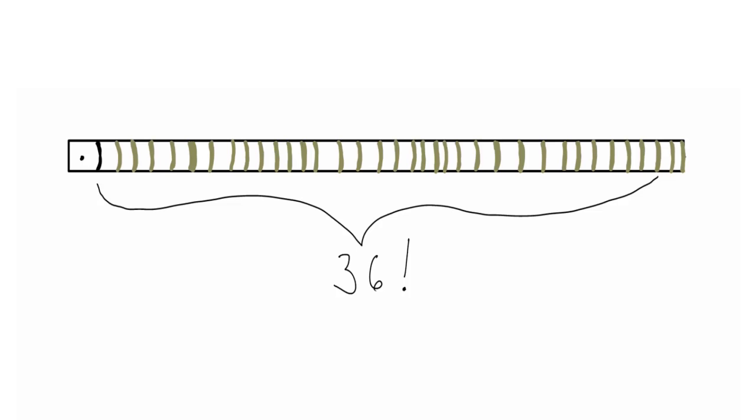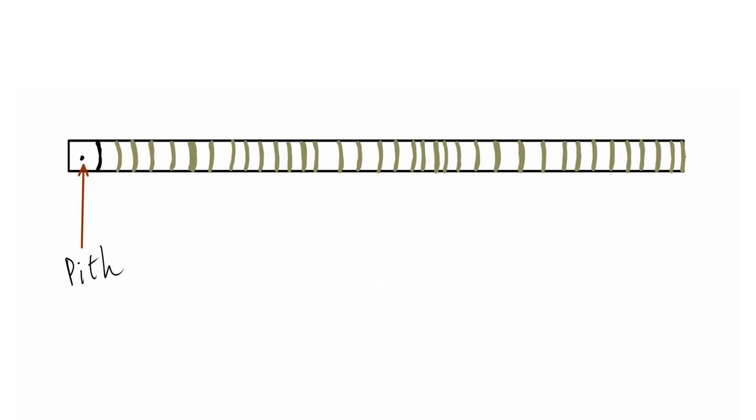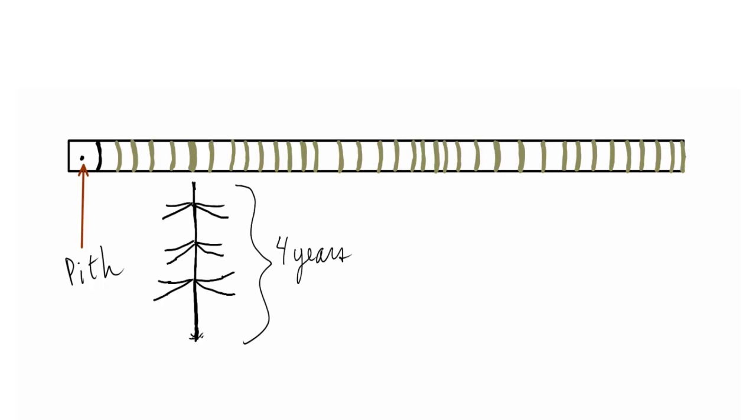But wait a minute, we are actually not at the tree's final age. We forgot one final step. Recall the importance of that pith area. As we collected our wood sample at chest height, roughly 4 to 5 feet off the ground, the pith of the tree represents the top of the tree's stem when it first reached that height. It takes roughly 4 years to reach that height. Maybe 1 year less, maybe 1 year more.